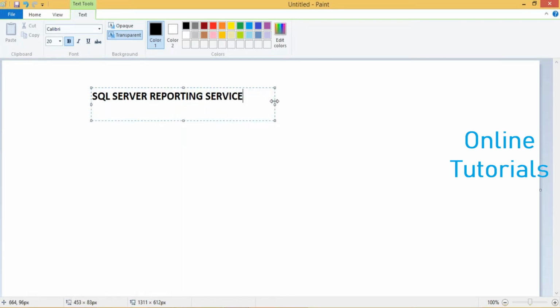So this is the SQL Server Reporting Service, which is familiarly known as SSRS. If you start with SSRS, you should know about, like,